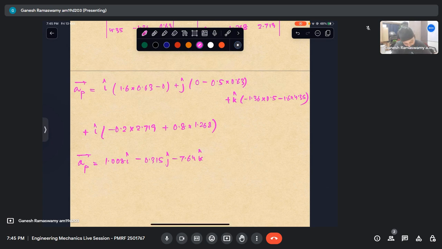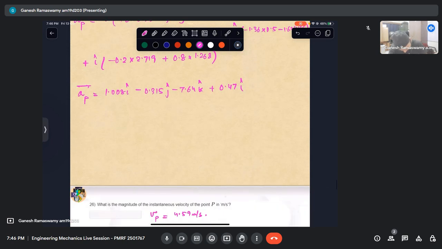And then this is minus 0.2 into 2.719 plus 0.8 into 1.268. So this is nothing but plus 0.47 I. So if I were to add these up, ultimately what do I get? 1.008 plus 0.47. It is 1.478 I